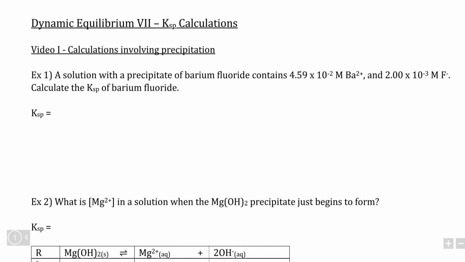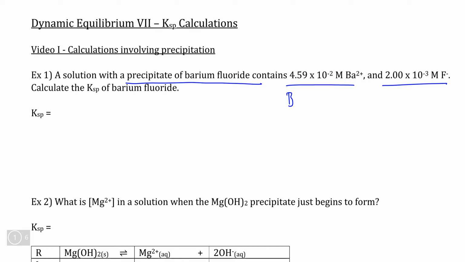So in our first example, we're told that a solution that has a precipitate of barium fluoride present contains specific concentrations of each ion of which the precipitate forms. And from this, because we know that we're at solubility equilibrium, because we have a saturated solution that has a visible precipitate, we can calculate KSP. So in order to do this, the only thing that we really need is to make sure that our KSP